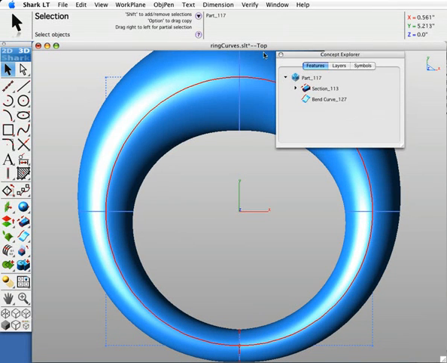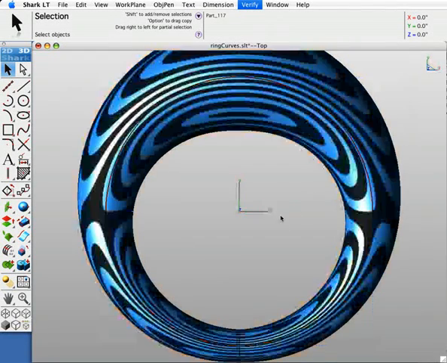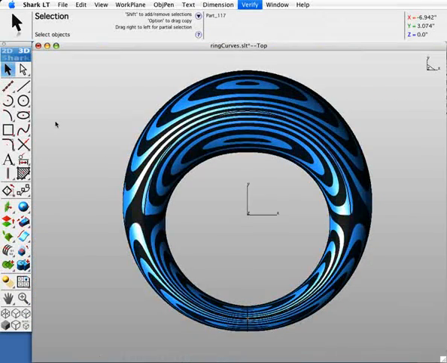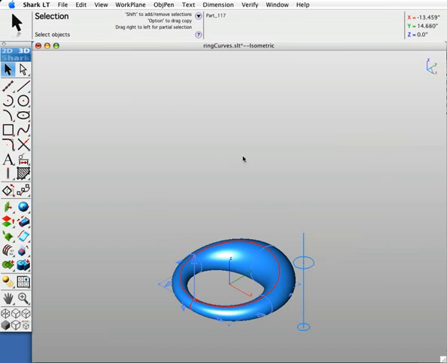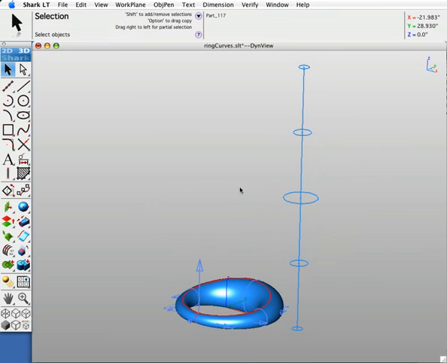Now let's go back to our zebra plot, and it looks much better now. Next, let's go ahead and explore what happens if we want to start making some design changes. For example, let's change the shape from a circle to an